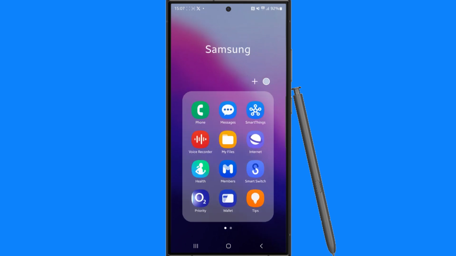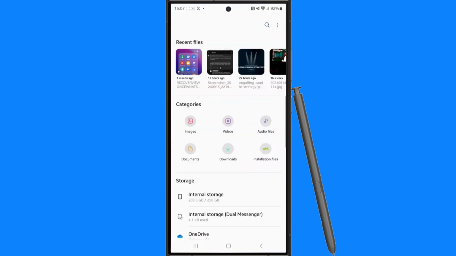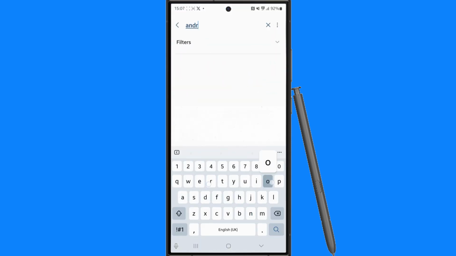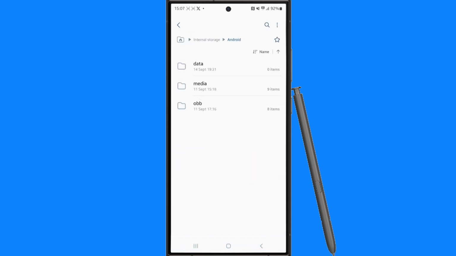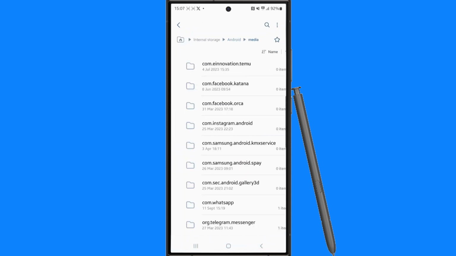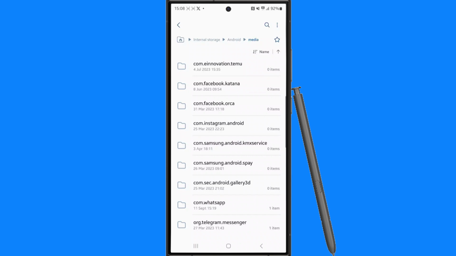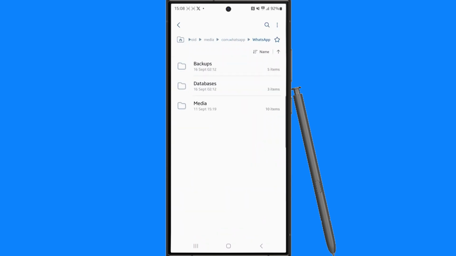back, go over to our files, and then you want to locate or search for Android. Once you do this, you will then be able to select the Android folder, click on media, and then once we select media, you want to go to com.whatsapp. Once we select this folder right here, select WhatsApp, and then from here you want to go to media, and